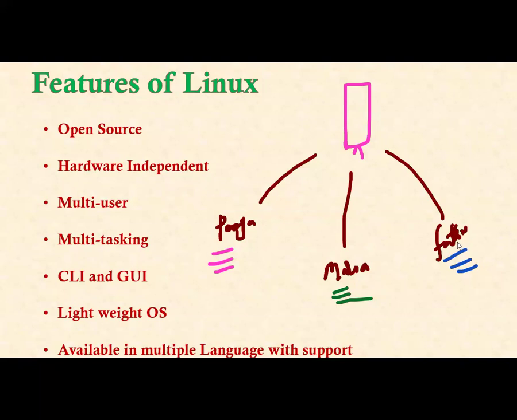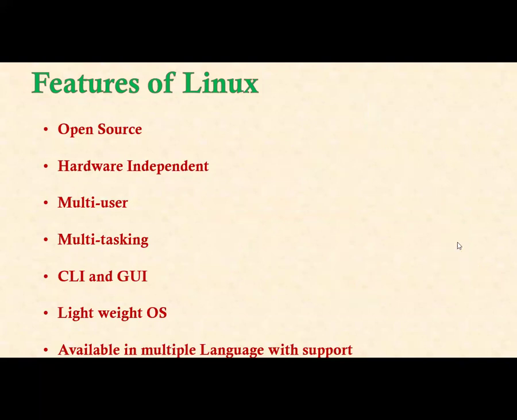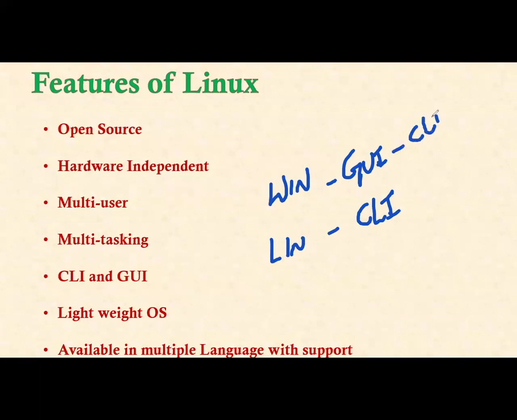All right. And Linux is again CLI as well as GUI. Normally whenever you talk about Windows Server operating system, we feel Windows servers are GUI. Whenever you talk about the Linux server operating system, we feel Linux servers are CLI. This is what we know, right? See, Windows servers are GUI, Linux servers are CLI. This is correct up to some level. But my friend, Windows servers can be configured in CLI, Linux servers can be configured in GUI.